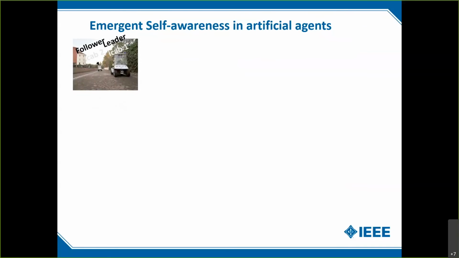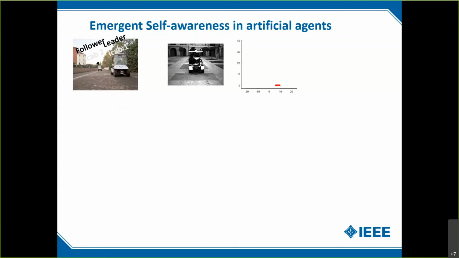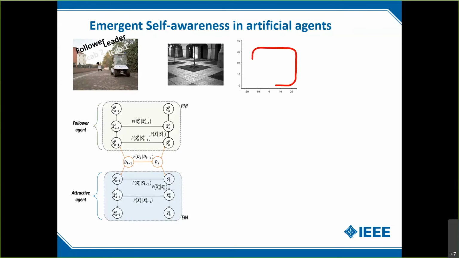So here is an example of what I was saying, in which we have two agents cooperating to do a task, and the two agents are two cars that move inside an environment. And we can see that one of the agents, for example the follower, looks simultaneously at multimodal data, for example, at images and at the positioning sensor, which can give simultaneously the representation of what is happening in heterogeneous ways. The problem is that we would like to create models.